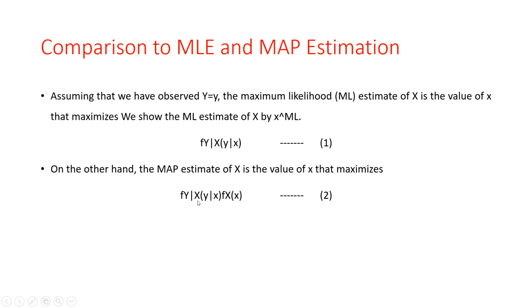The difference is that equation number 2 has an extra term. Which is the extra term here? f of x. For example, if x is uniformly distributed over a finite interval, the ML and MAP estimations will be the same. So for the last term f of x, if x is uniformly distributed over the finite interval, in that case our MLE and MAP are both the same. So this is the maximum a posteriori estimation.